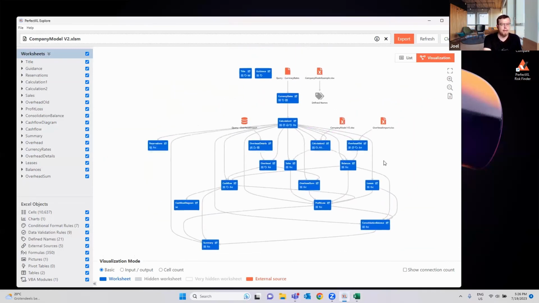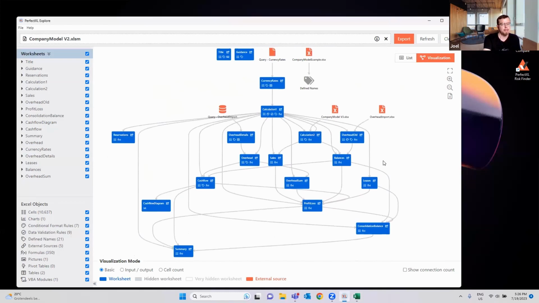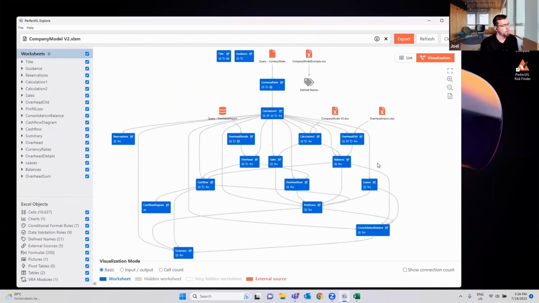And again, just to pull it back to those general principles and ideas around Excel modeling that we started off with, this is a tool that really helps to understand whether or not a model is simple, whether or not it's easy to understand for another user. And it's something that really helps in the documentation process as well. Being able to export a visual representation of the spreadsheet allows you to talk about it